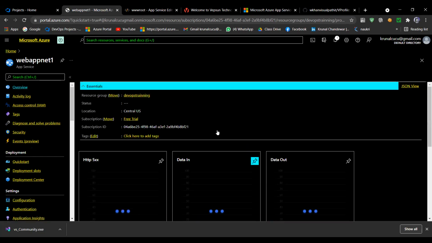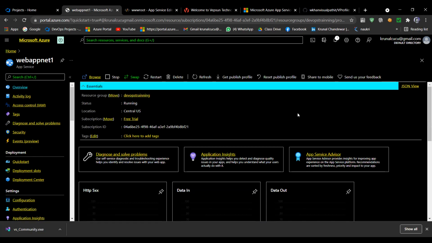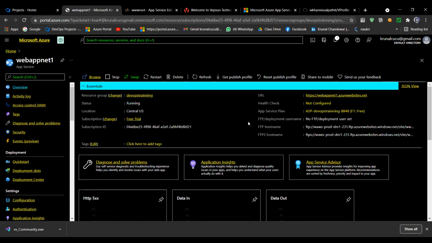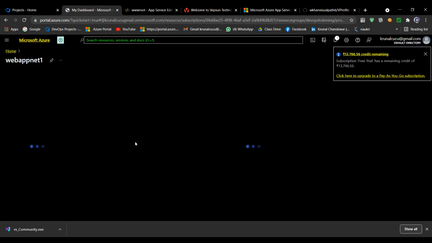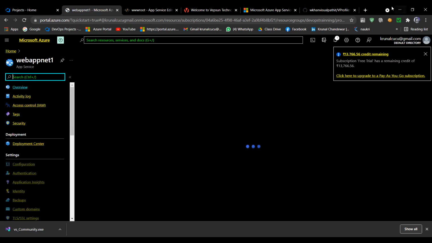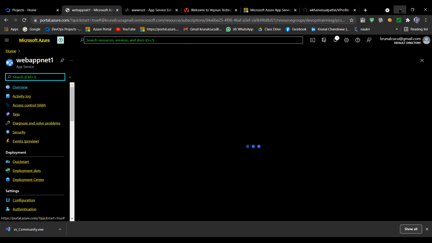Okay, so this is my web app in the DevOps Training resource group. I made this web app, web app net one. This is the name of my web app, and I'm doing a refresh. Why? Because I have a subscription with Visual Studio also, and this portal credential should be active, only then you can do coding here. So now I'm clicking here,